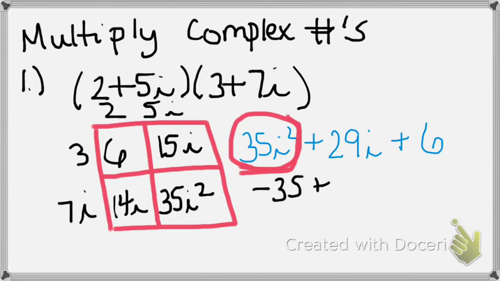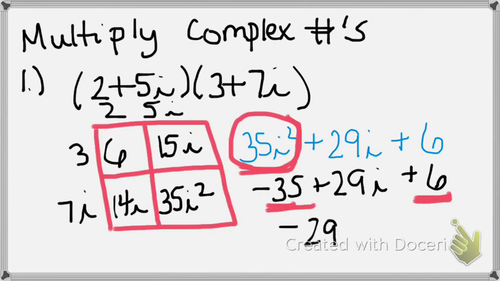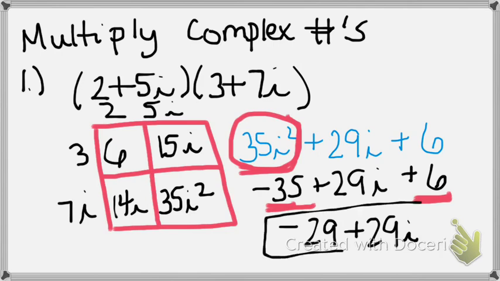All right. Now, do you have any like terms that you can combine? Yes. Negative 35. Which gives you negative 29 plus 29i. That's your final answer. So the important part of this is you understanding right here that that i squared gives you that negative 1. That's going to change your values. All right, so what I want you doing